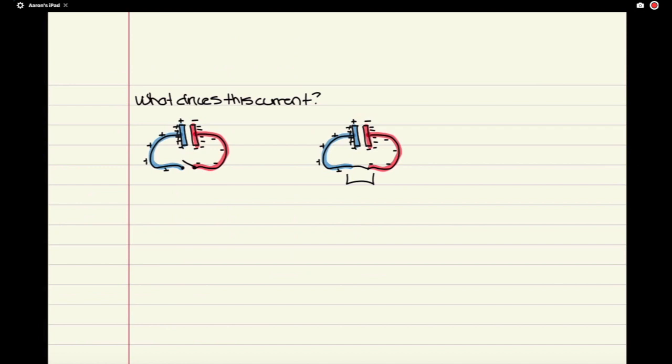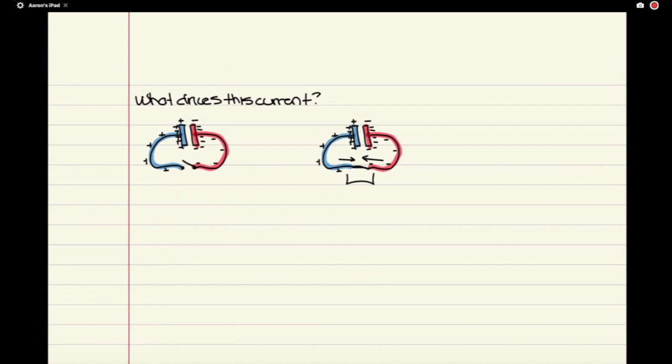Originally, right before the switch was dropped, the electric fields on both the blue and the red ends were situated so that there was no tendency for the positives to move in any direction, or for the negatives to move in any direction. But now when the switch is dropped, there's this new path that can be taken. The positive charges are going to feel inclined to move towards the negative charges. The negative charges are going to feel inclined to move towards the left, towards the positive charges. And so that lack of symmetry